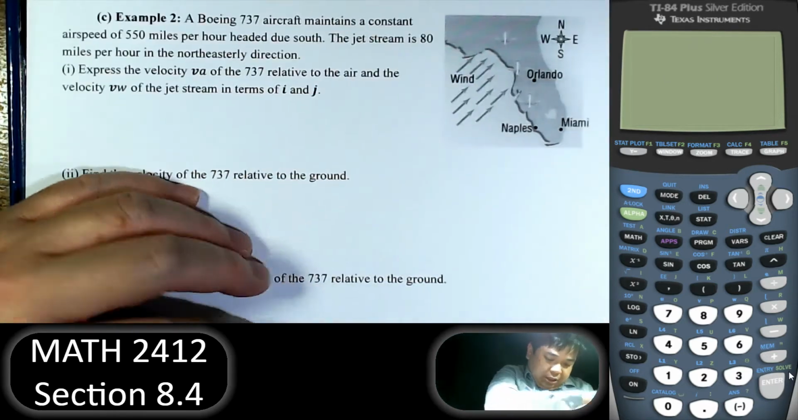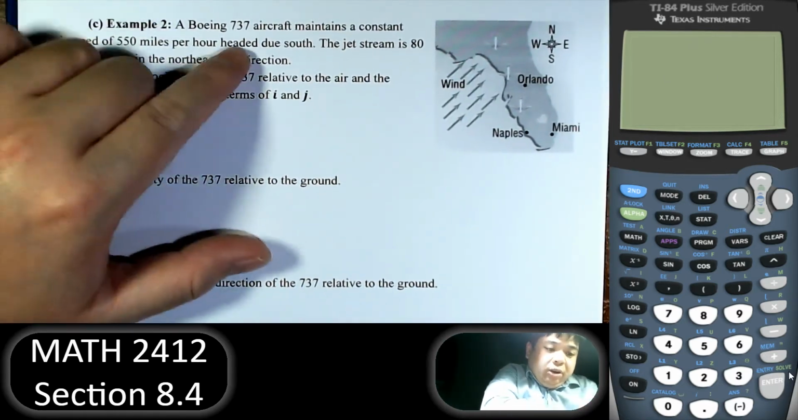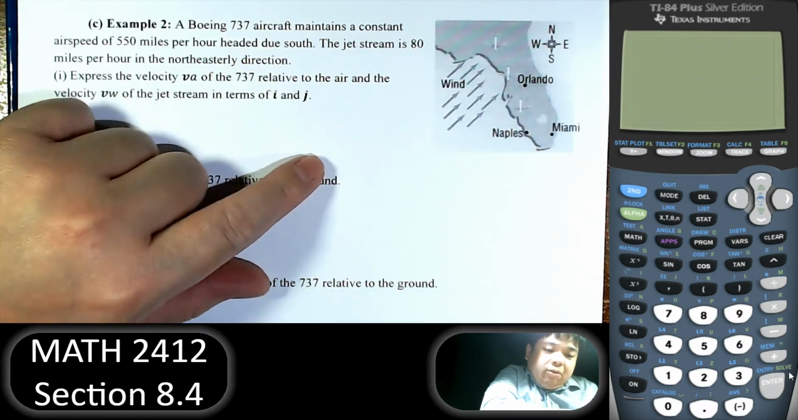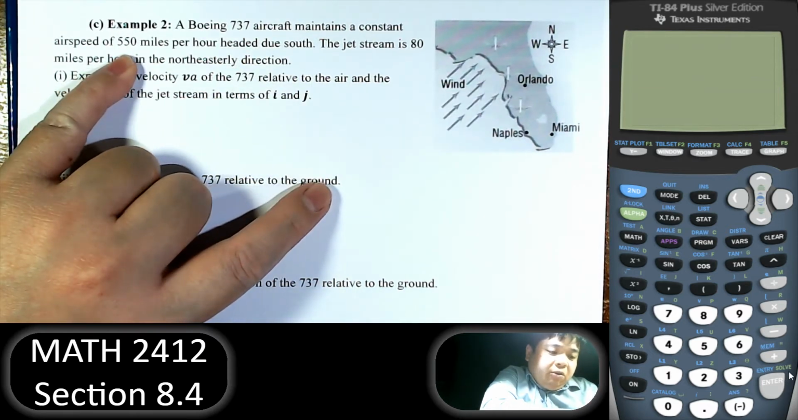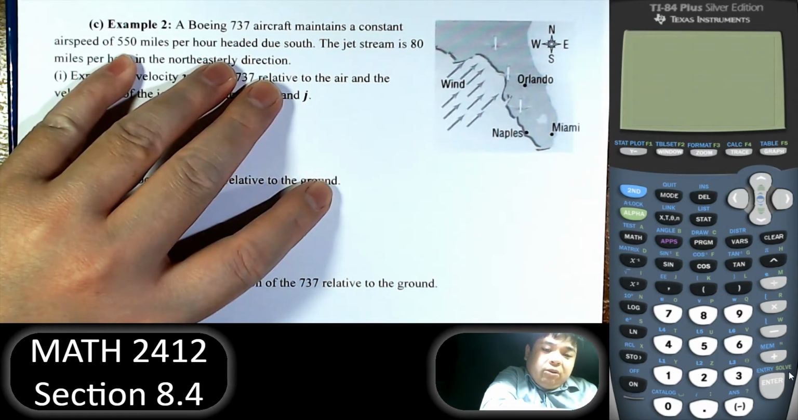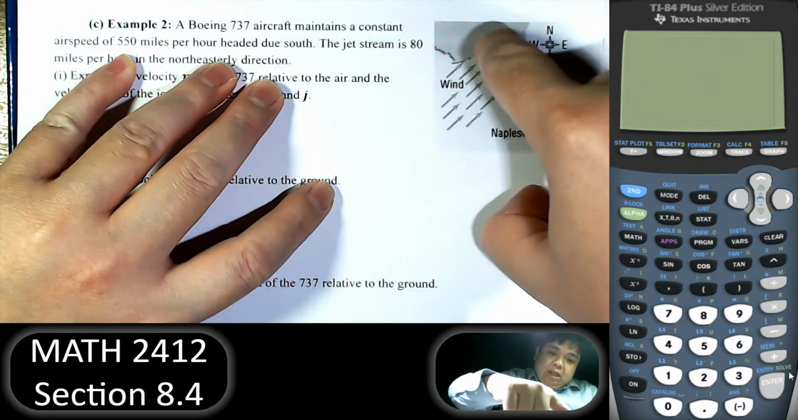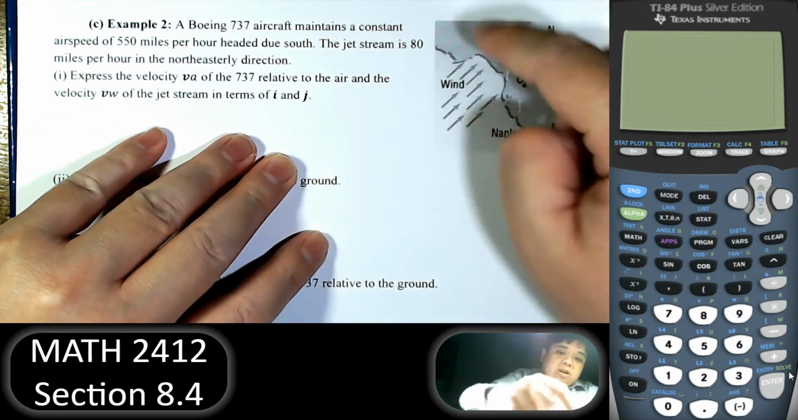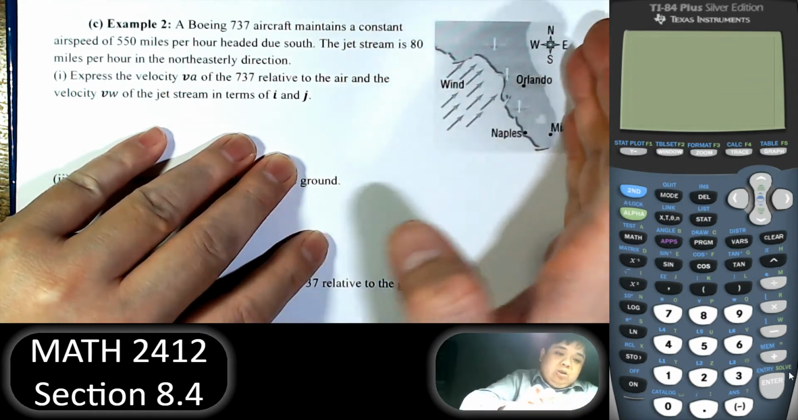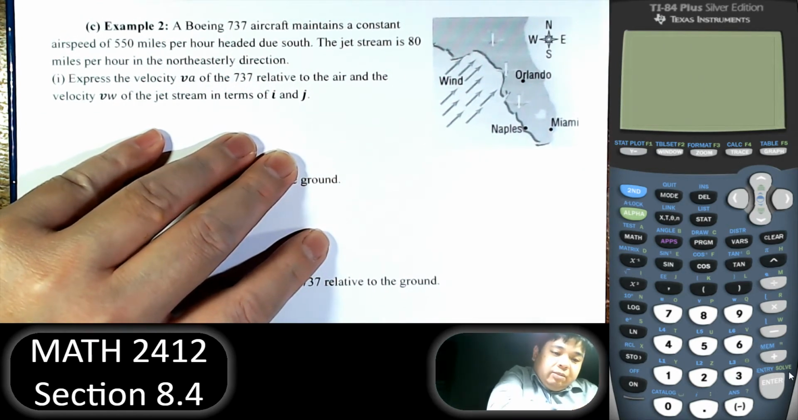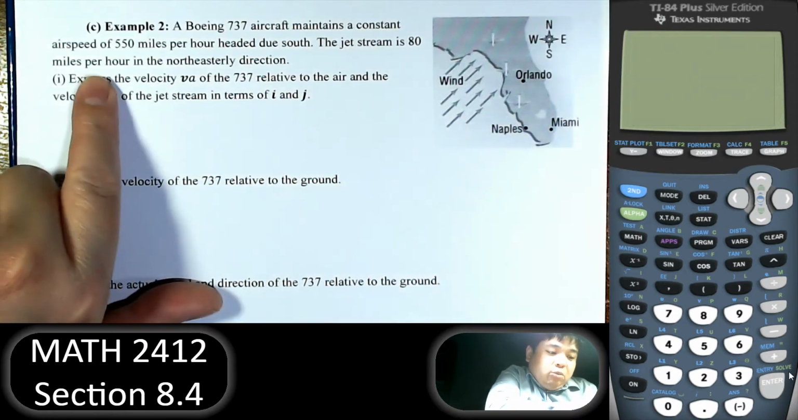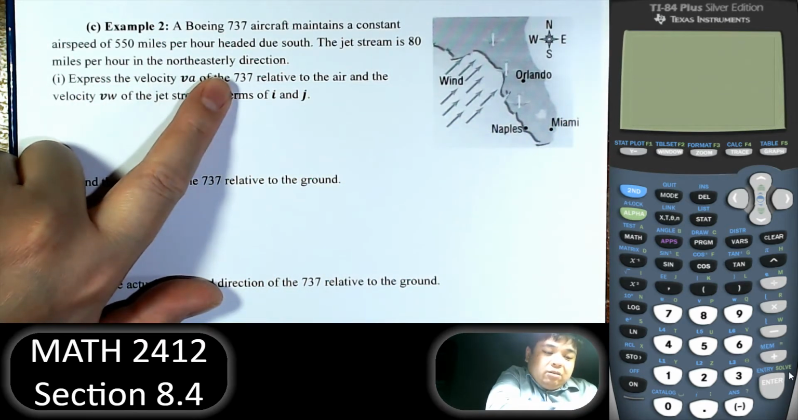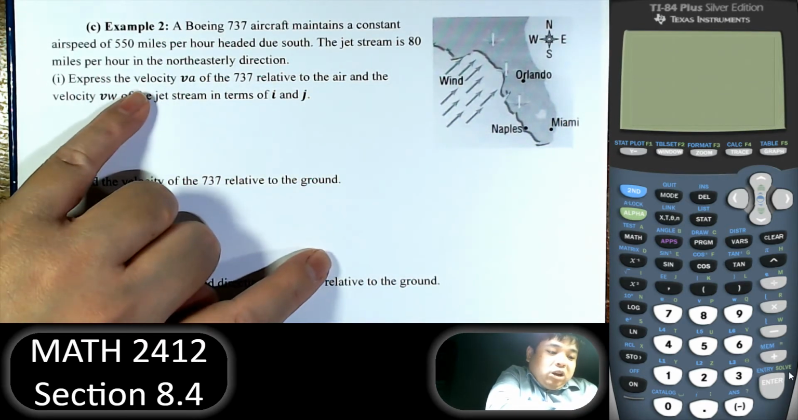Right, let's go to another example here. A Boeing 737 aircraft maintains a constant speed of 550 miles per hour headed due south. So it goes south, but because of the wind, if it blows that direction, it will go a little bit to the right. The jet stream is 80 miles per hour in the northeastern direction. Express the velocity